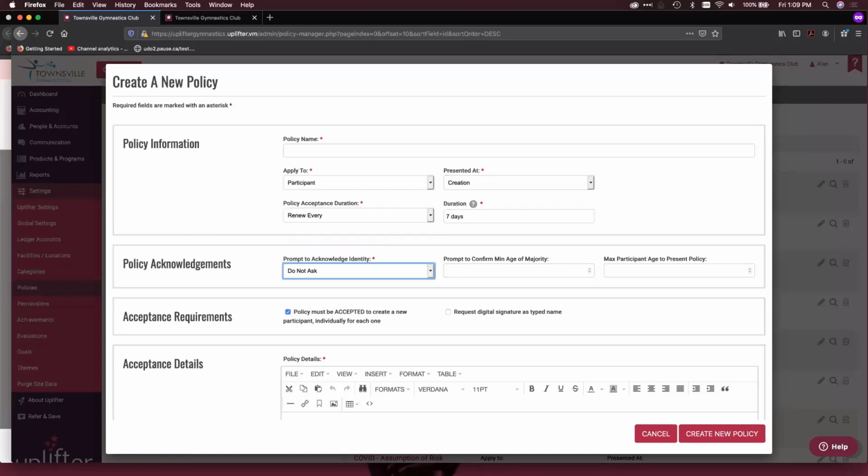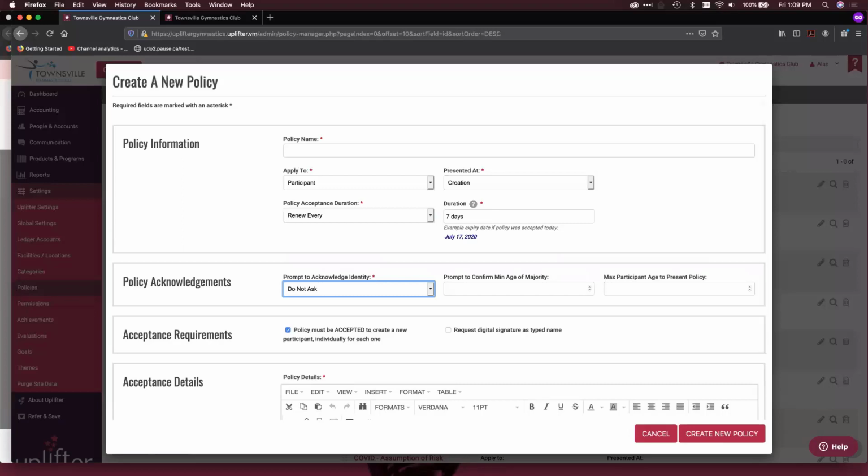So this would be excellent if part of your return to play protocols that have been defined by either your club or your governing body or your jurisdiction requires you to have each of your participants do a self-assessment to ensure that they do not exhibit any COVID-19 symptoms, and you need that policy to be accepted every 7 days.